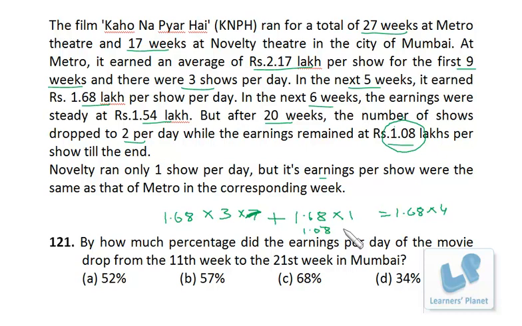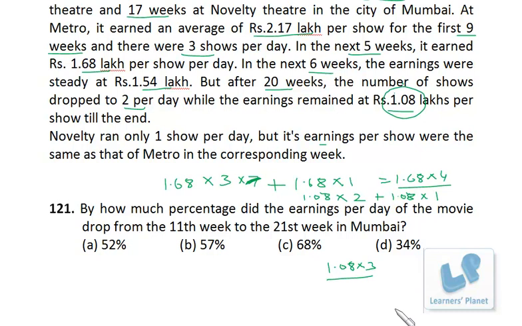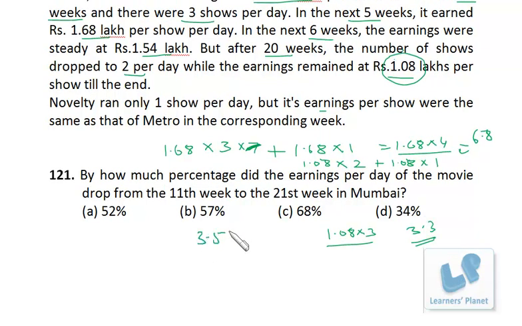So 1.08 and 2 shows per day plus 1.08 into 1 from Novelty. So that is 1.08 into 3. So initially it was this, now it is this. So we need to find out the percentage drop. Now for simplicity, I approximate both of them to the higher side to nullify the effect. I write 1.68 as 1.7. So 1.7 into 4 will be approximately 6.8. Okay, and this 1.08 I write 1.1. So 1.1 into 3, that's 3.3. So from 6.8 to 3.3, a drop of 3.5 is there